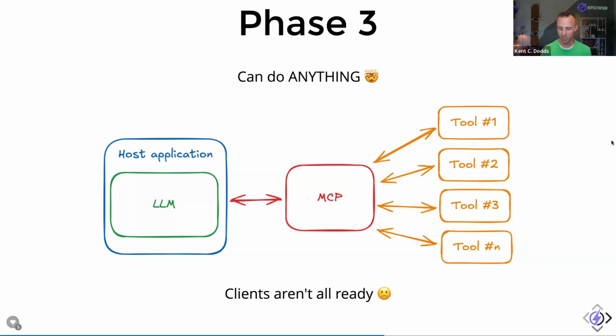Clients aren't all ready just yet, but they are becoming more ready all the time. I jumped on board at the end of March, and in the following weeks, Microsoft announced native support for MCP in the operating system, which is just bonkers. Google announced support, ChatGPT announced support, Amazon has been contributing a lot to the spec. Microsoft has done a ton to contribute to the spec, and VS Code supports all of it. Zed supports MCP. Just everybody is all over MCP, and it's